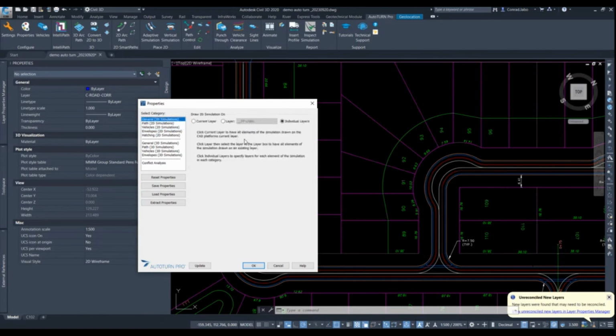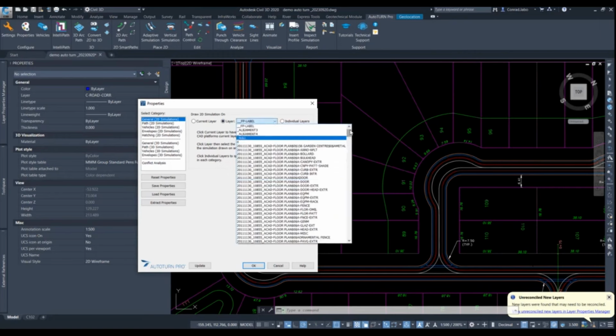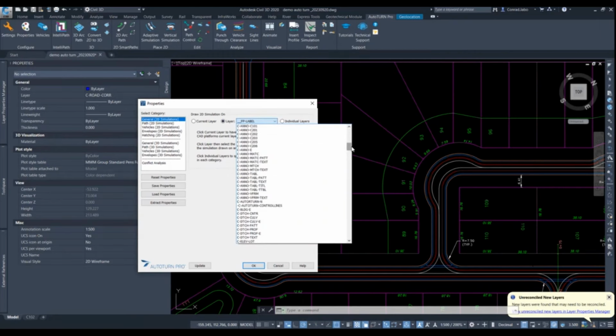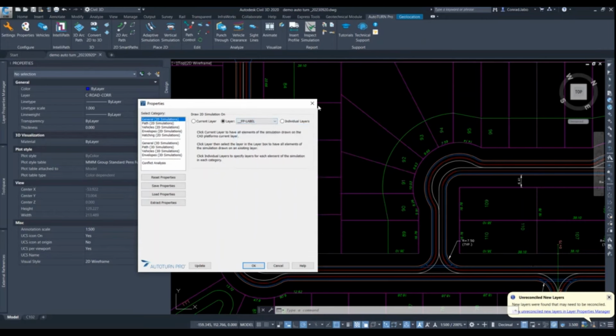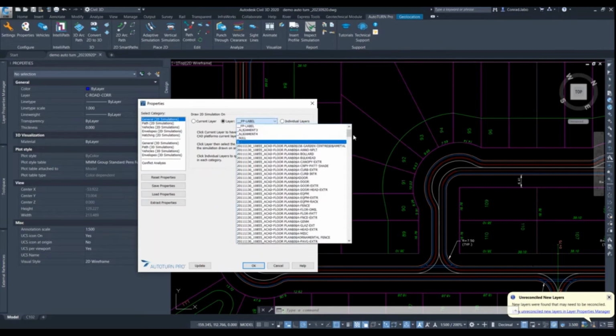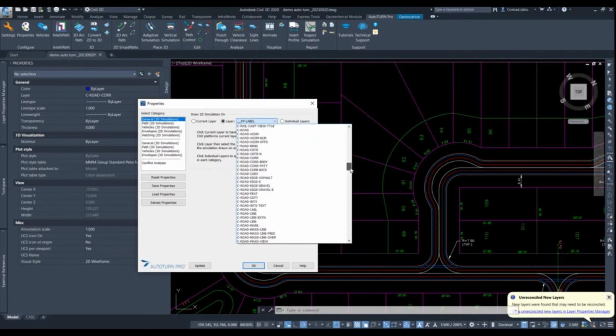But for today's purposes, generally people would prefer having things on one layer, so that if you want to turn it on or off, you could do it immediately with just a click of a freeze button. So for this case, we're going to do this layer, the C AutoTURN layer, and then